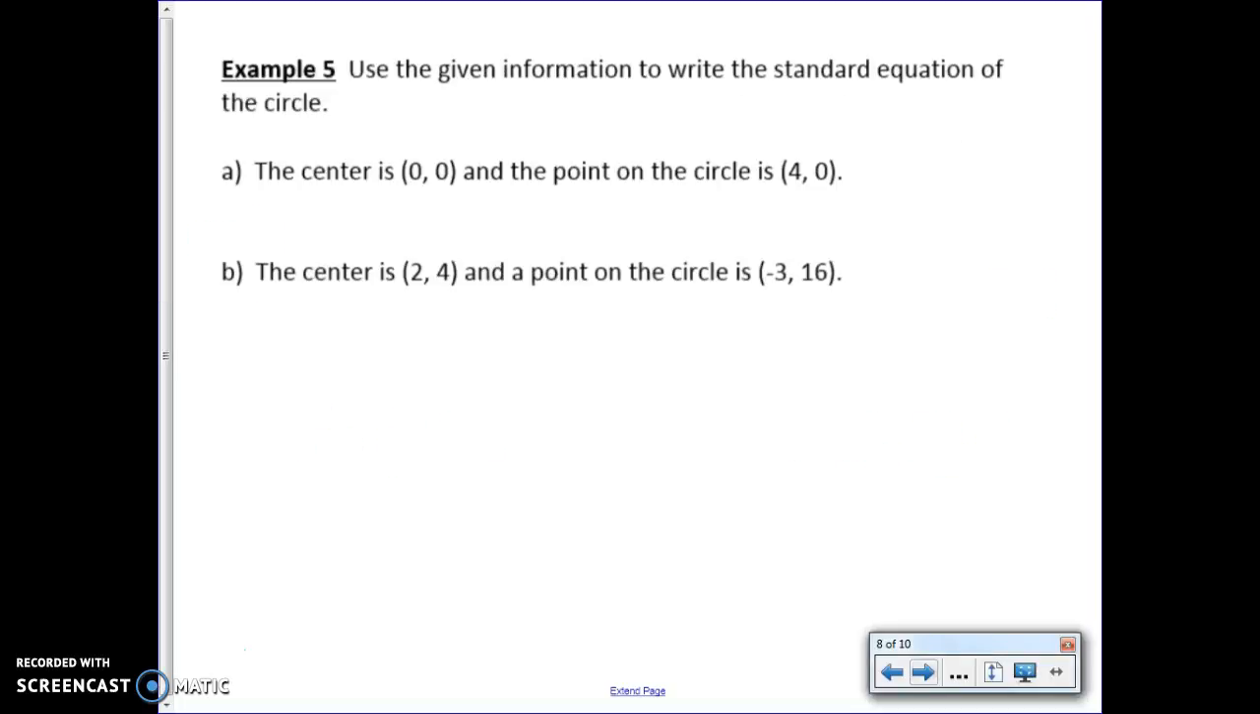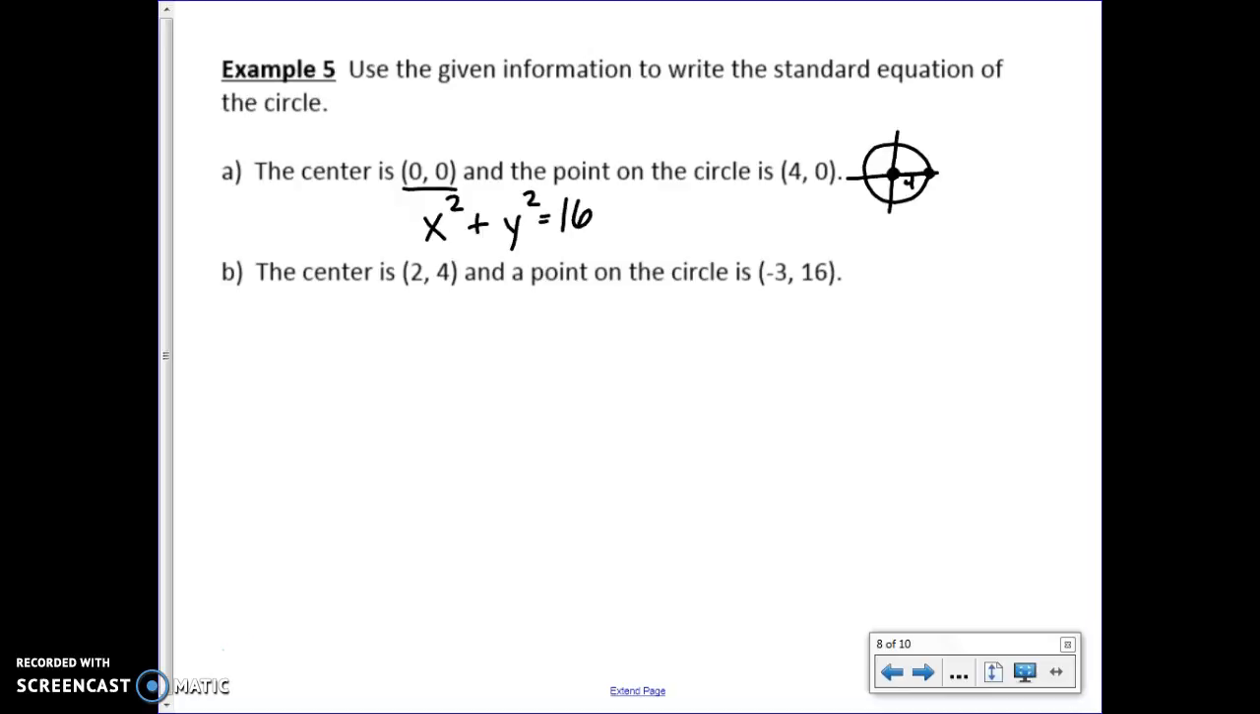Alright, example 5 says use the given information to write the standard equation of the circle. So the center is at 0, 0, and the point on the circle is at 4, 0. I'm going to sketch this out right here. So if the center is at 0, 0, and a point is at 4, 0, then I can easily tell that my radius there is 4, and I know my center. So I have x minus 0, just x squared, plus y minus 0, just y squared, is equal to